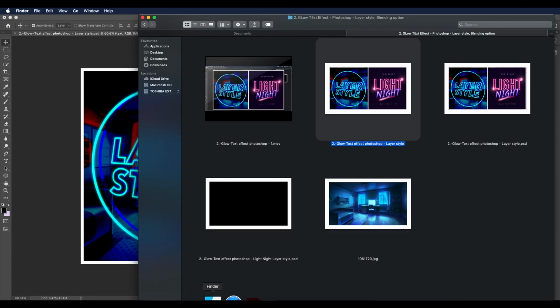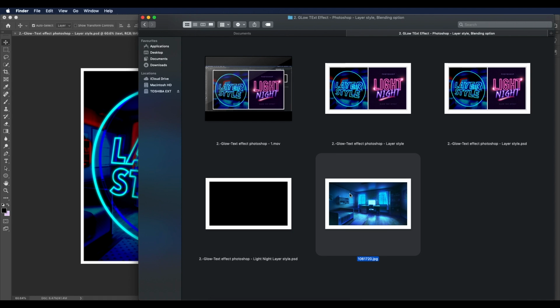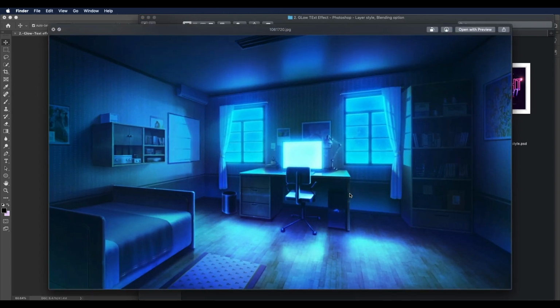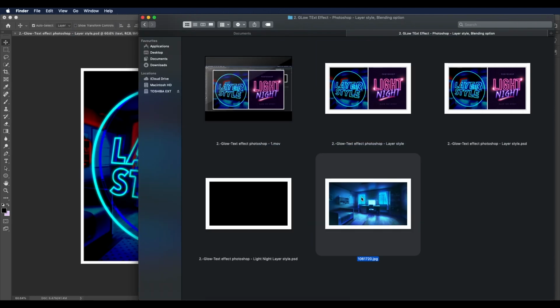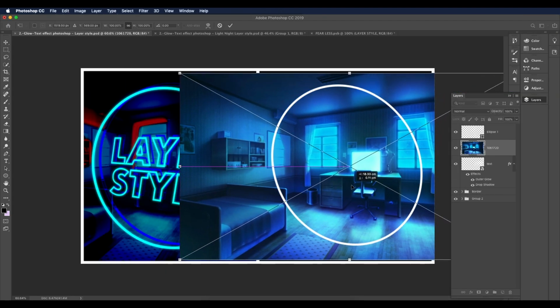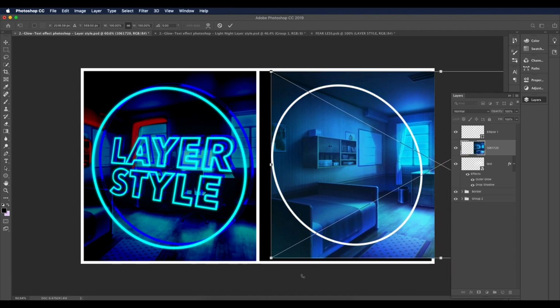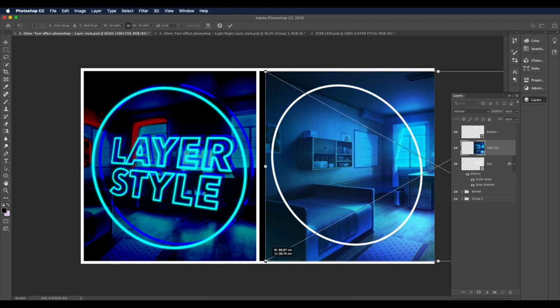So I have a background over here, so I go to the web and download this image. This is a night interior view, something like that, an internal room view. So you can just use any night view interior room image, and you can use it in your design. I'll just drag and drop and place it there, and I'll place it somewhere around here. Okay, and I'll just apply some mask to this just to get the